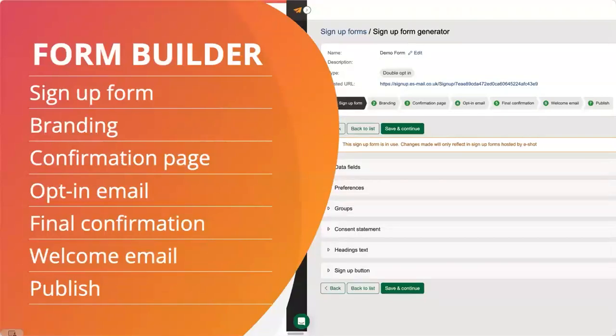Last but not least, we have the publish options, and I could do a 3-hour webinar just on that, of all the geeky things that are available in there, where you can customize the CSS and get different embed codes, and there are help documents galore on our website about all that. But indeed, the team can help you with those sometimes quite technical aspects of deploying a sign-up form to your